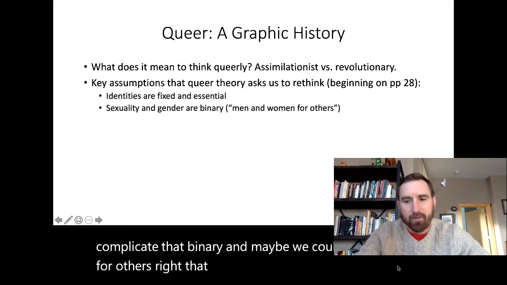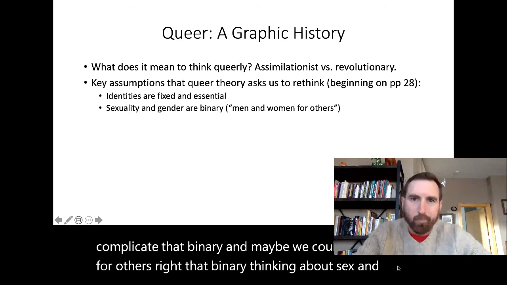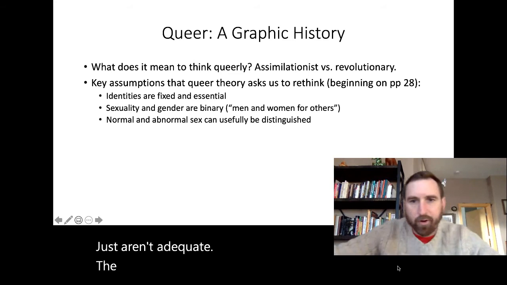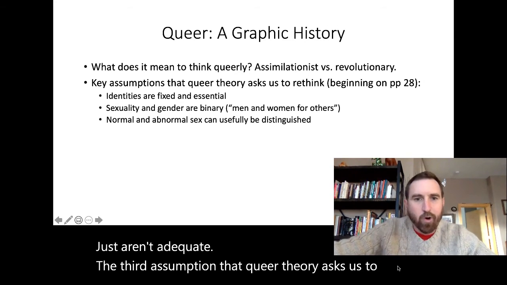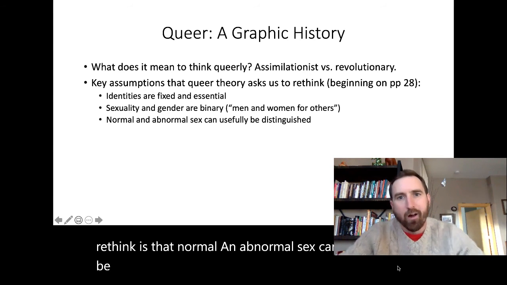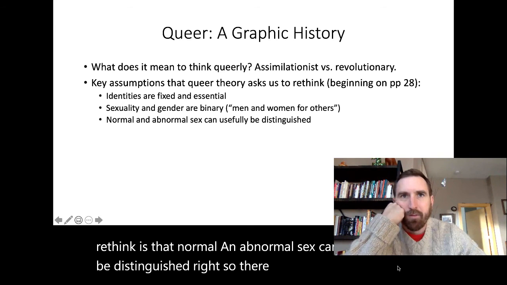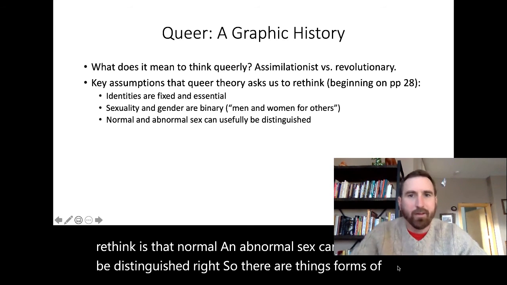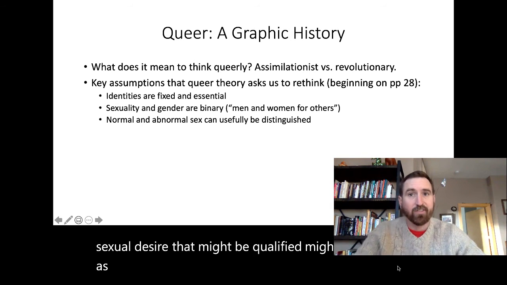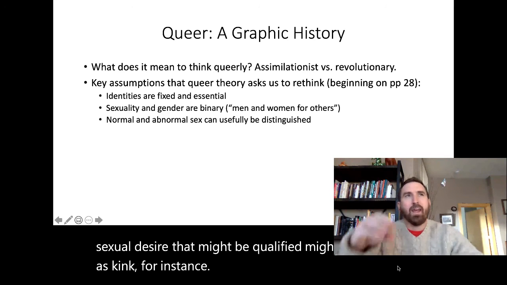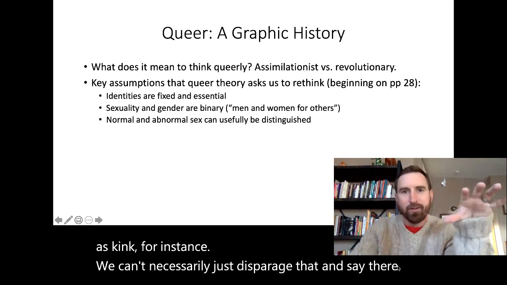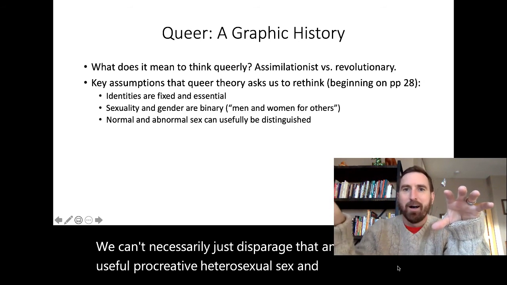That binary thinking about sex and gender just isn't adequate. The third assumption that queer theory asks us to rethink is that normal and abnormal sex can usefully be distinguished, right? So there are forms of sexual desire that might be codified as kink, for instance. We can't necessarily just disparage that and say there's useful procreative heterosexual sex and then there's the perversity of everything